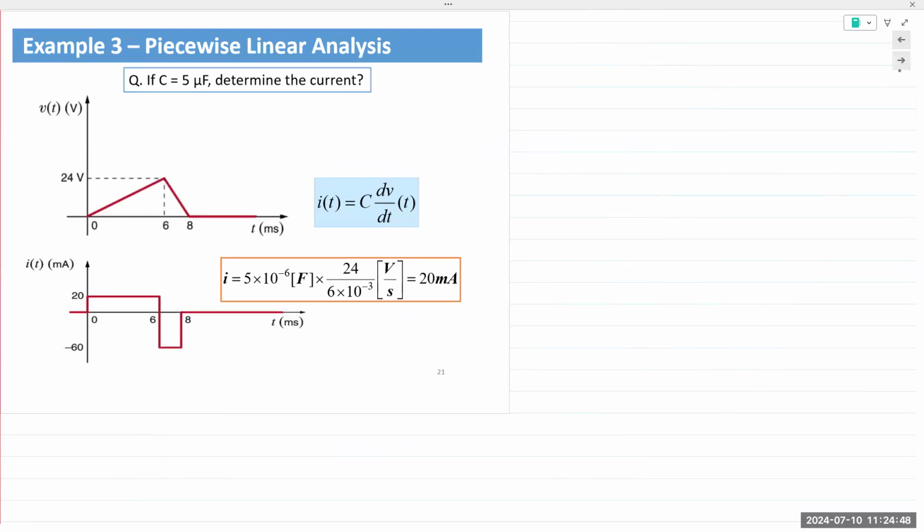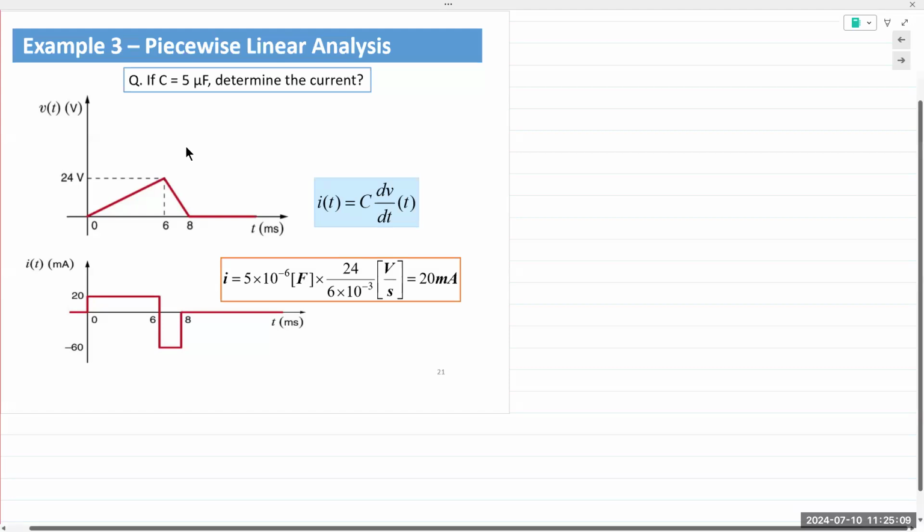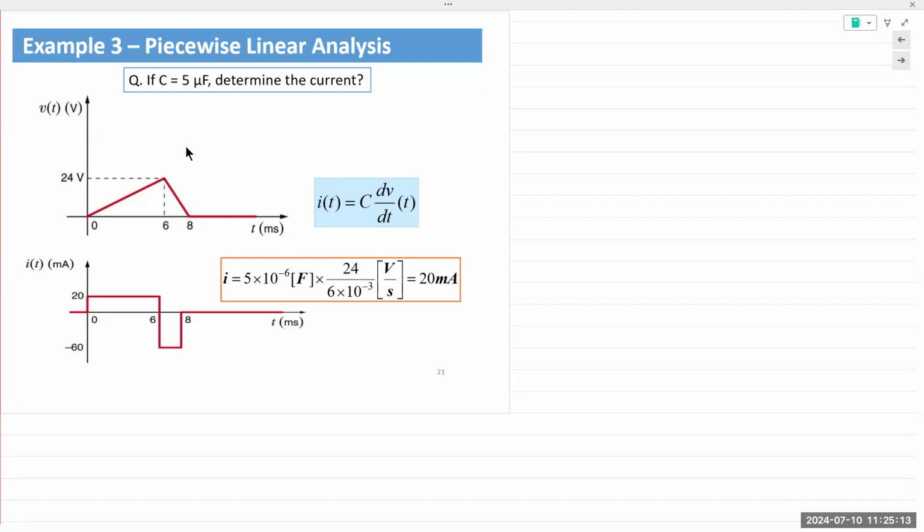And here, we're going to introduce a topic called piecewise linear analysis. Okay, piecewise linear analysis. Now, the question simply states, if the capacitor is 5 microfarads, find the current. Okay, find the current. How many of you have heard of piecewise linear analysis in your own engineering fields, perhaps? Okay, so in electrical engineering, we use this a lot